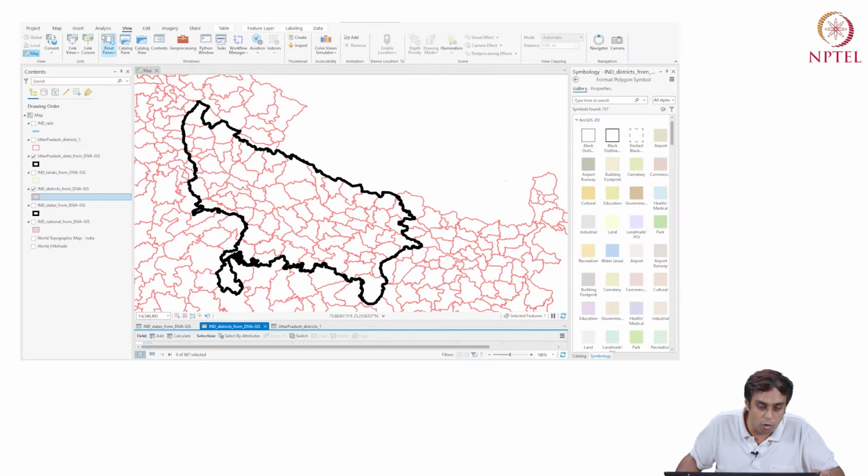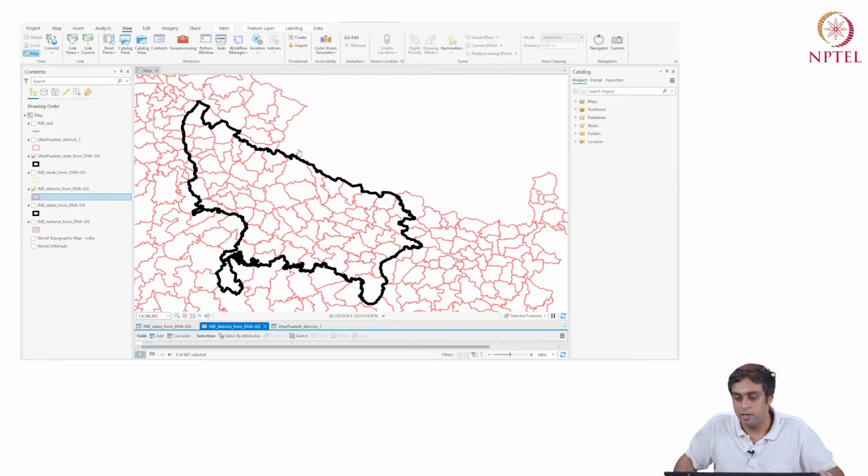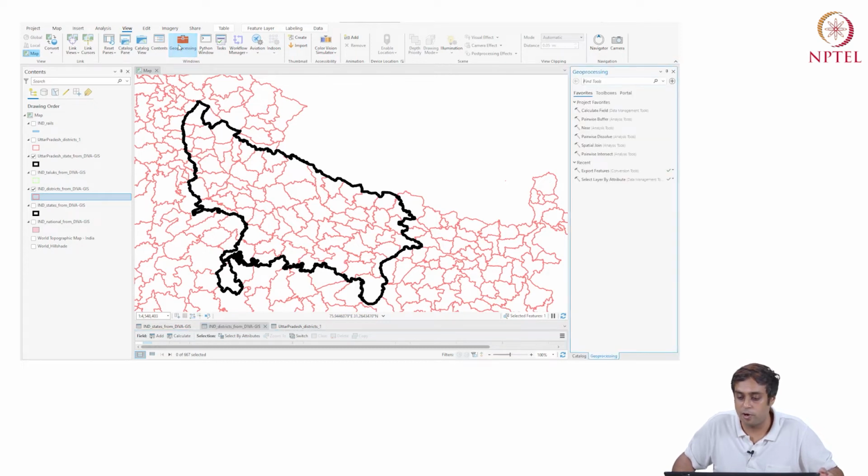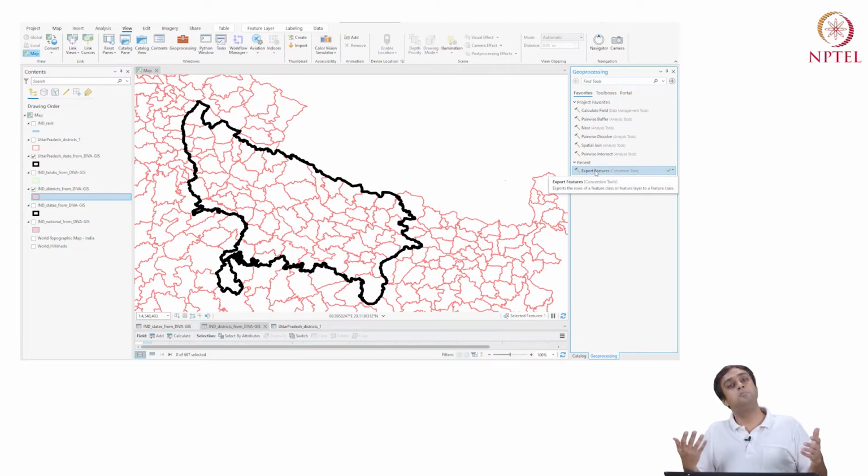So I can go to view and there is something called geoprocessing, right? So I'm going to click on geoprocessing and it's going to give me 3 tabs: favorites, toolboxes, and portals. Favorites provide me the favorite features that were probably used many times earlier on this system by someone else.